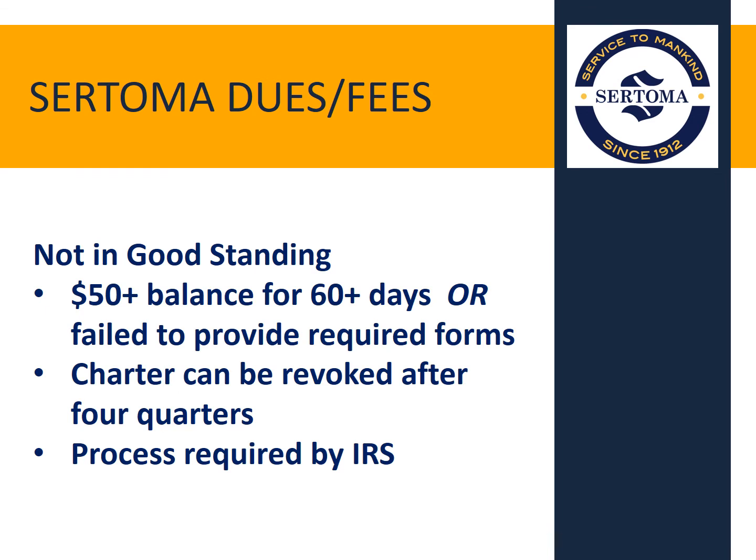There are repercussions when a club fails to meet its financial obligations to Sertoma. When a club becomes not in good standing, meaning that their account has carried a balance of at least $50 for 60 days, or the club has failed to provide required reports, clubs are no longer able to use the group tax exemption, the club and its members lose voting rights, and the club is not allowed to participate in most Sertoma programs. Any club that is not in good standing for 4 consecutive quarters is subject to charter revocation